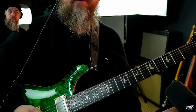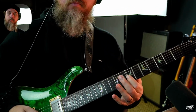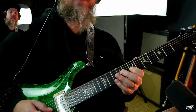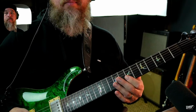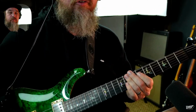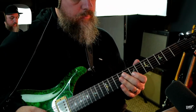And what I'm doing there is I'm basically incorporating what we call a pedal tone. That's all I'm playing. I'm playing a D note followed by a G, D A, D B, and using that same idea over C. So it's C E, C F sharp, C G. And even just that is a fun thing that you can play on a Sunday when there's an intro for a song or even a verse section. It could be